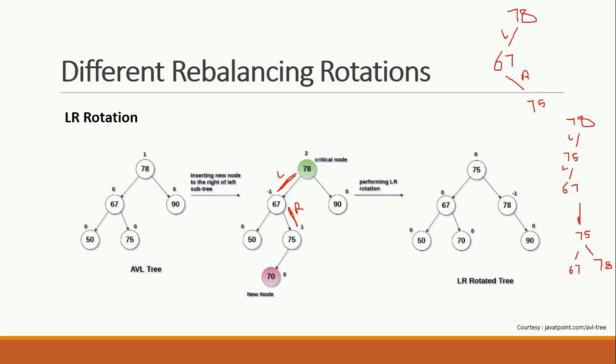What about the rest of the nodes? 90 is the right of 78, so it would be right. 50 is the left of 67, left. What about 70? 70 is right of 67 but left of 75. I am saying again, 70 is right of 67 but left of 75, so left. So here you can insert 70. One thing you should understand: whenever you apply any rotation, it never violates the property of a BST. So how can you verify whether the rotation you applied is going fine or not? After you get the answer, you can verify that it is still a BST.